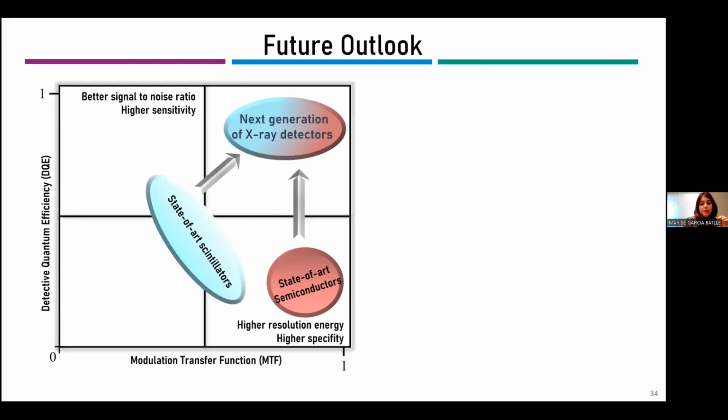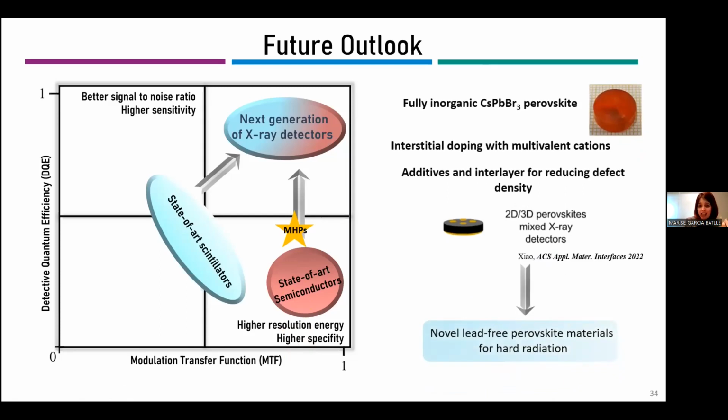Just to conclude, this is the chart that I presented in the first slides, and this is maybe our devices. We are close, I think, we are close. Of course, we need to minimize the dark current. Dark current is still the bottleneck, as I mentioned before. How can we solve this? I feel this is the perspective of what I think is the next step